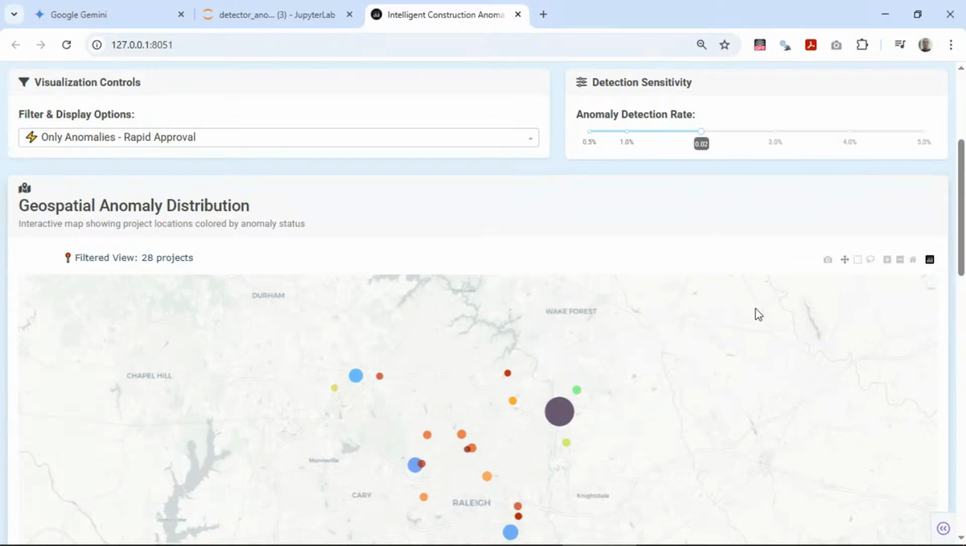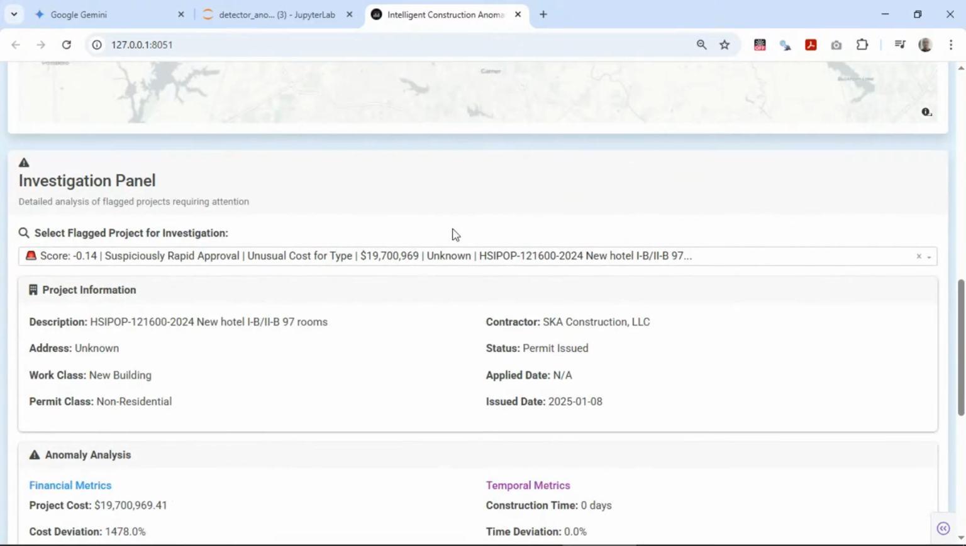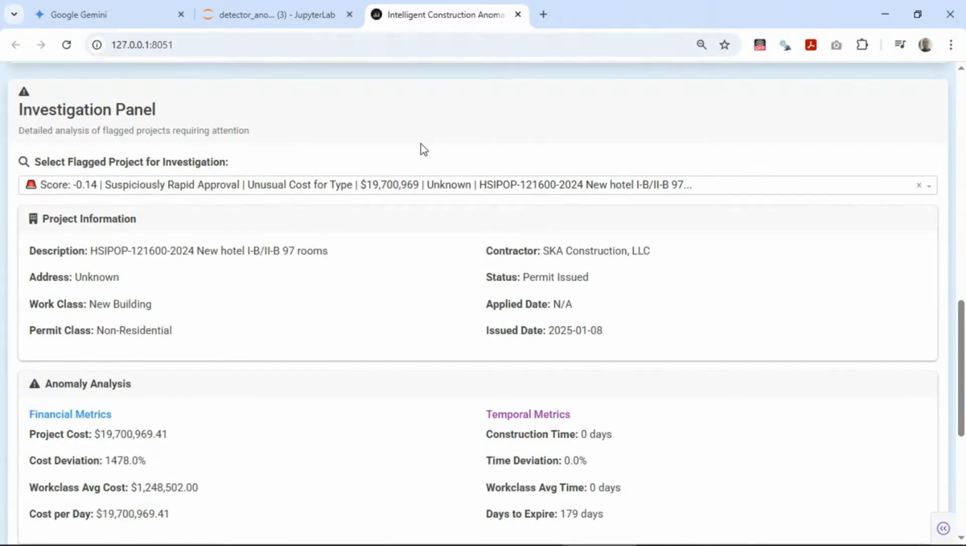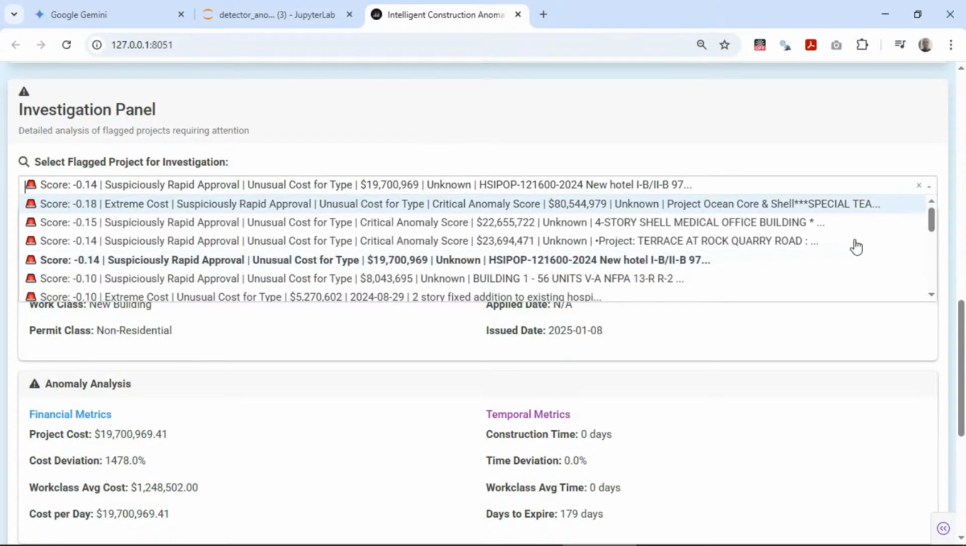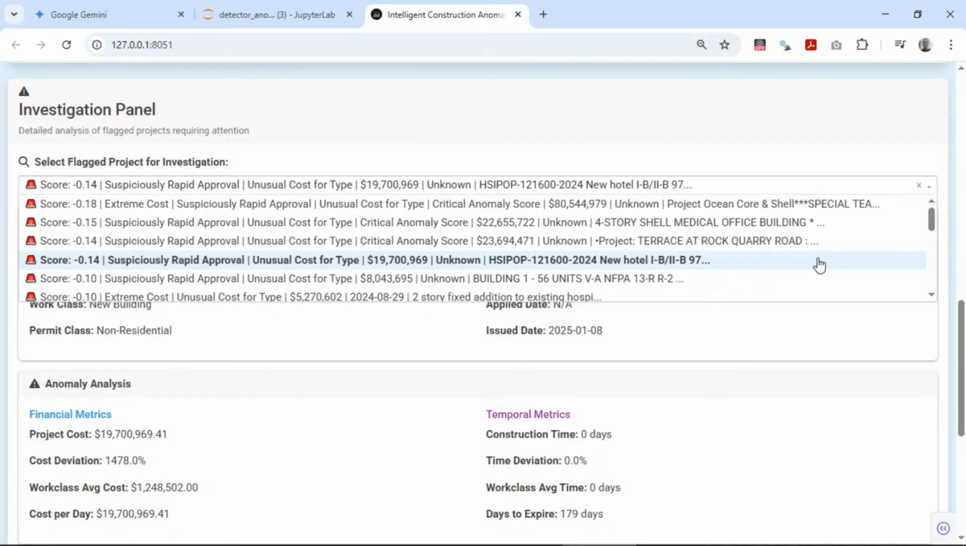Basically using the model. For instance, here if we go down, I call it the investigation panel. What is the investigation panel? The model found around 111 anomalies at the end of the day, and here we have the top 20 with the most anomalies. And here, for instance, as you say,